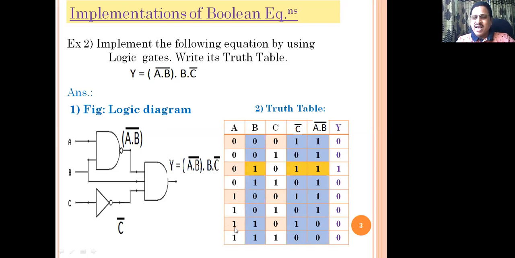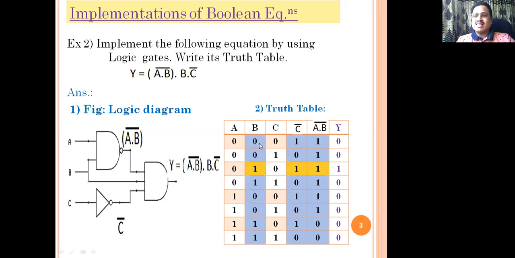But see here, when A and B are 1, 1, in the case of an AND gate the output will be 1. With inversion, in the case of a NAND gate, it will become 0. Similarly again here, for A and B 1, 1, the output of the NAND gate, (A and B)bar, goes 0. Thus, we have got the required three terms in the equation to get the resultant output. So here, blue colored inputs are the inputs of the AND gate, three terms with the AND in between. So Y is the output of ANDing of B, C bar, and (A and B)bar as the three terms.